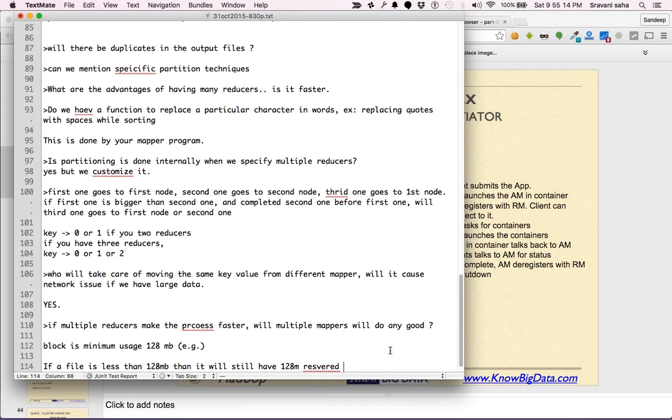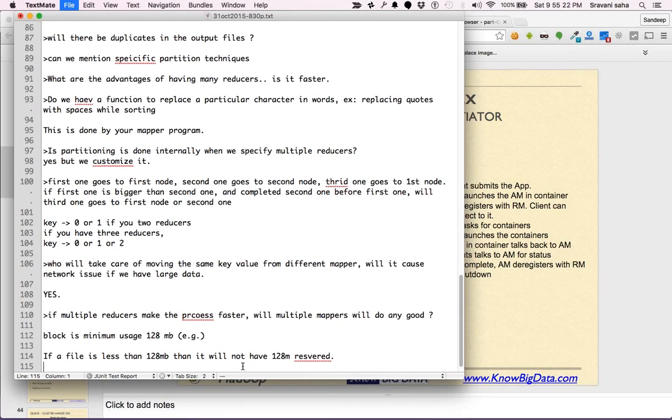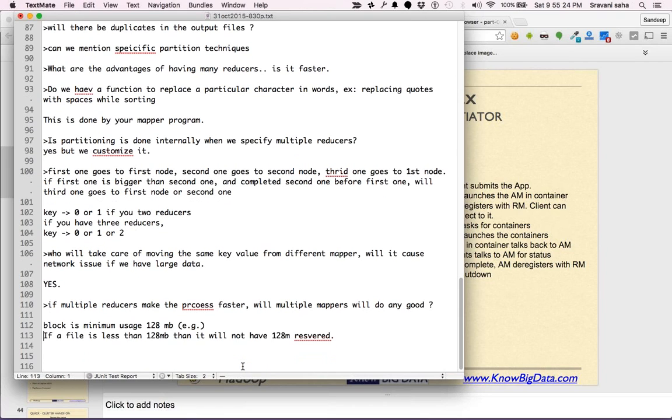It will not have 128 MB reserved, if that is what you meant.